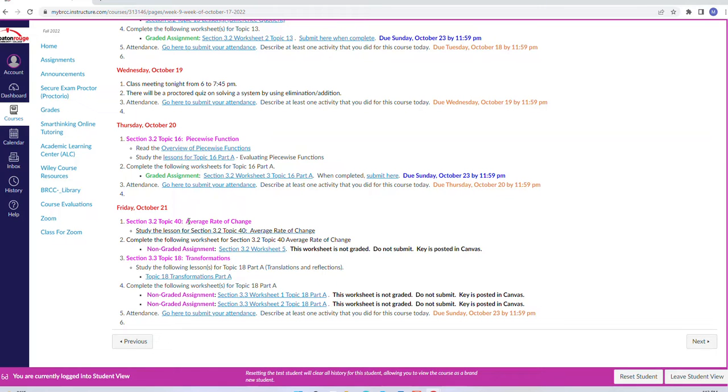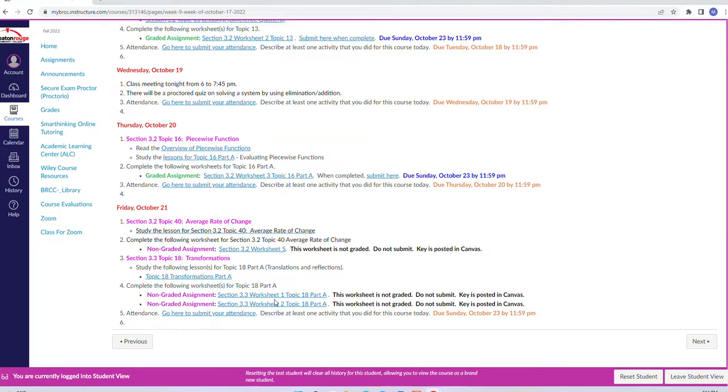Then you're also going to talk about still section 3.1, 3.2, the average rate of change and what we mean by average rate of change. So the same idea of slope. In test number 2, you had a couple of problems in which you had to find the slope. So you're going to apply that in this topic. It is a non-graded assignment. In 3.3, that's where we start talking about transformations, vertical shifts, horizontal shifts, and so on. You are going to start learning about that on